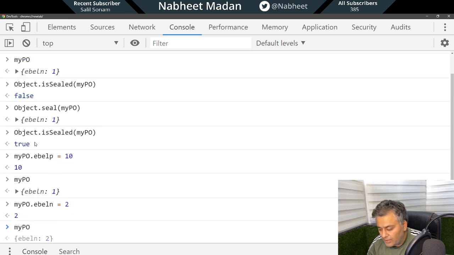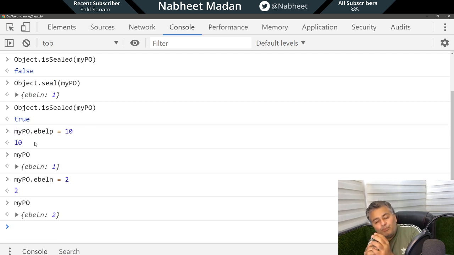Yes. So basically seal does not allow you to add any more properties or methods, but it allows you to modify the values. Now what if I also want to prevent people from modifying the values, so there is no field modification as well as no new property addition?